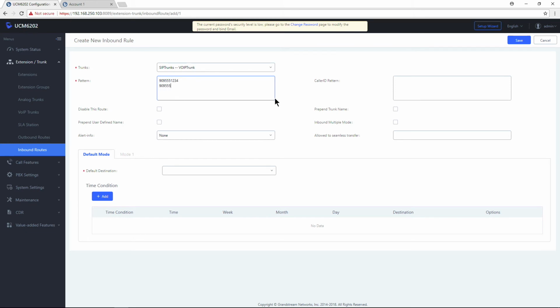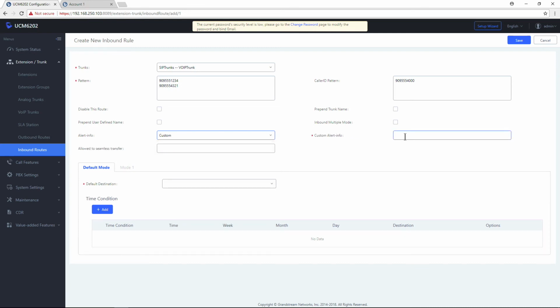And 909 4321. Boom. So I actually have both DIDs on this pattern, except the only difference with this route is we're actually going to put a caller ID in here. And her caller ID was 909 555 4000. And that's simply it. This is another case where you might want to check to see how her caller ID is going to show up. I already know it beforehand, you know where to check that in the CDR. So we're going to be pretty good from there. And we are going to push out a different alert info here. I named it wife. There we go. I'm going to send this over to the CEO's extension at 1000,